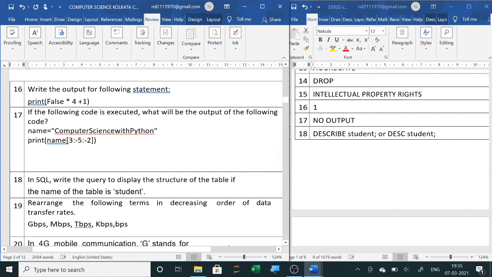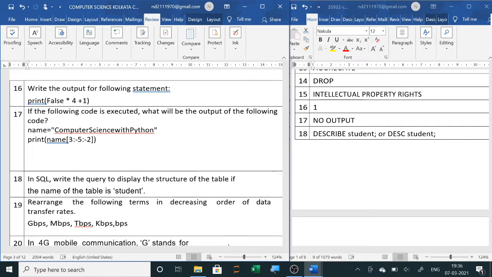Next question, if the following code is executed, what will be the output of the following code? Computer science with Python. Now name 3 minus 5 minus 2. Now this is not possible. 3 to minus 5 is in forward direction and step value you have given as minus 2. So answer will be no output. Clear?